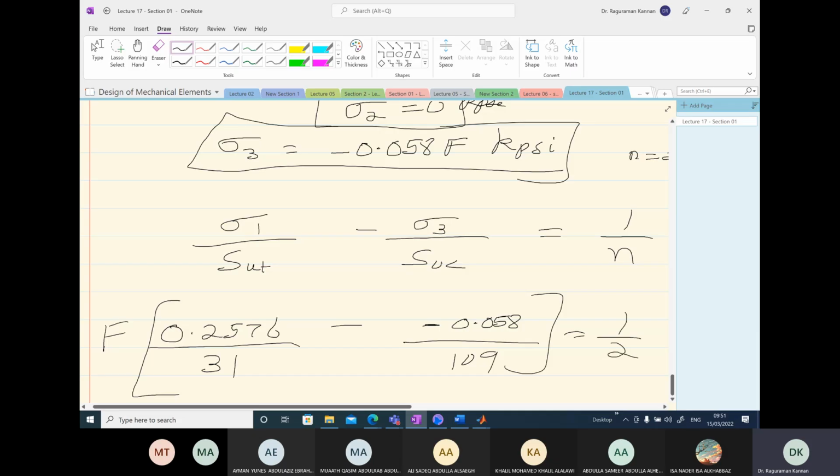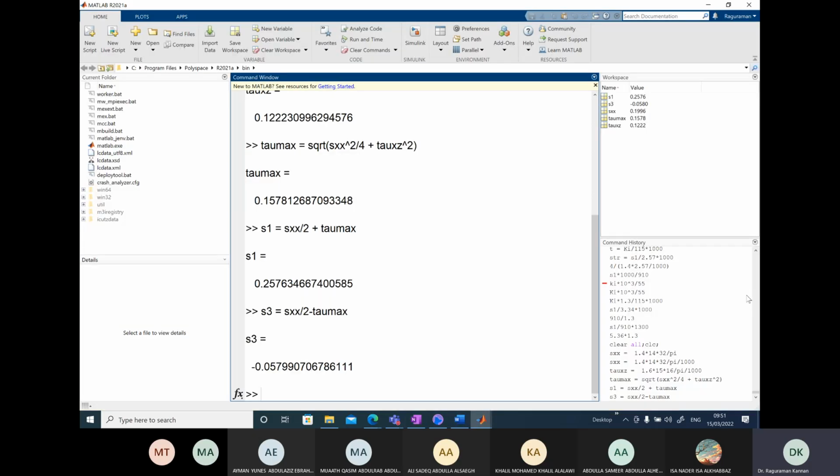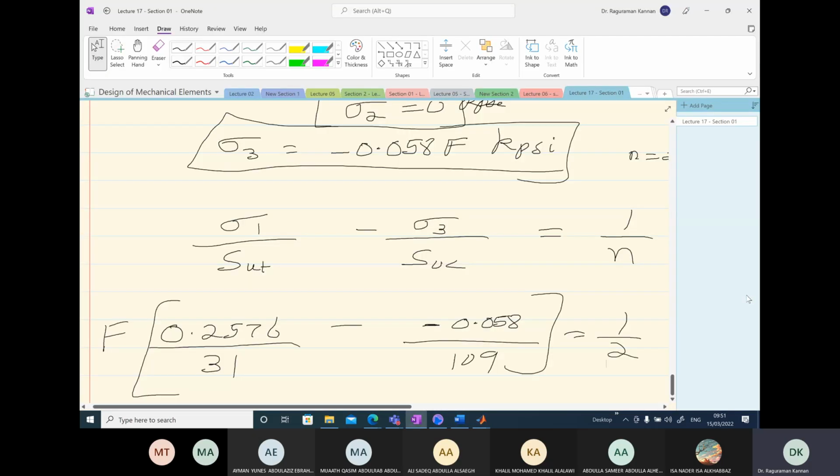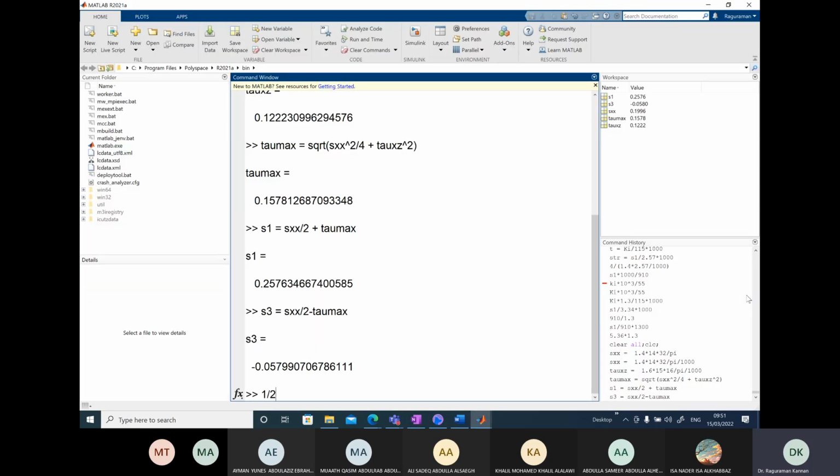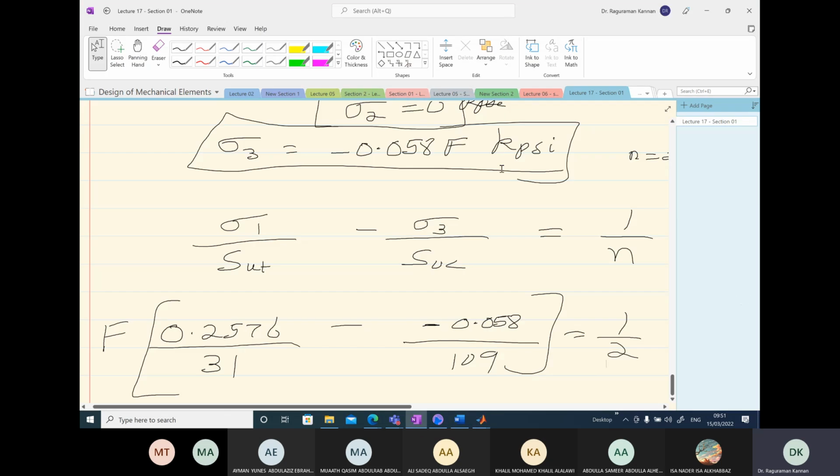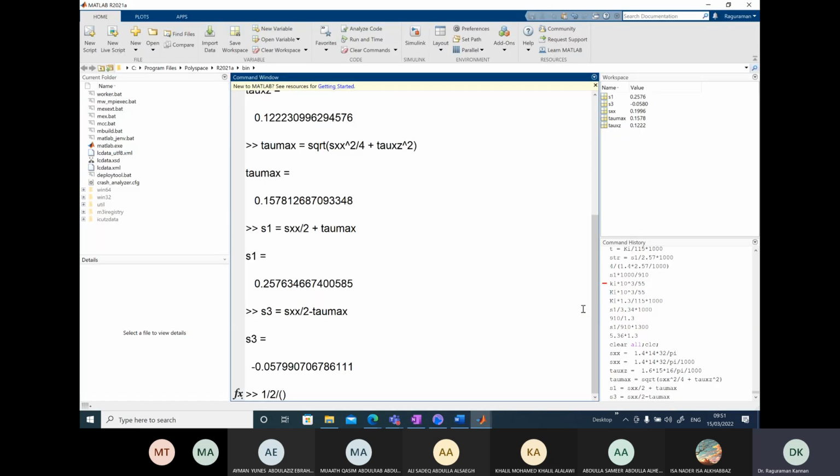equal to 1 over 2. We can solve for this. Okay, very easy to solve. Go to the MATLAB. We have S1 and S3. So on the right hand side 1 over 2 divided by bracket open. We have this entire term. So we have S1